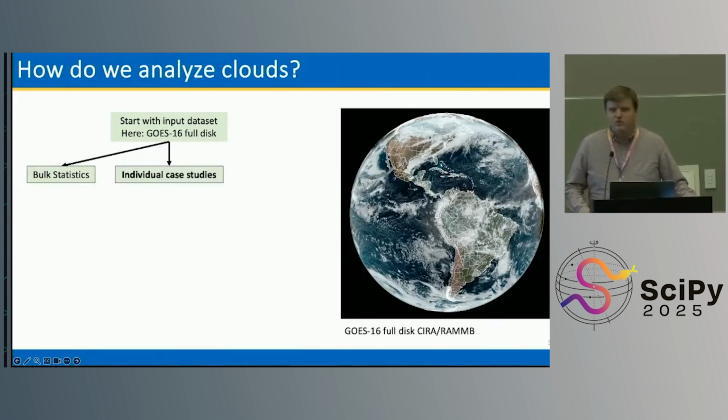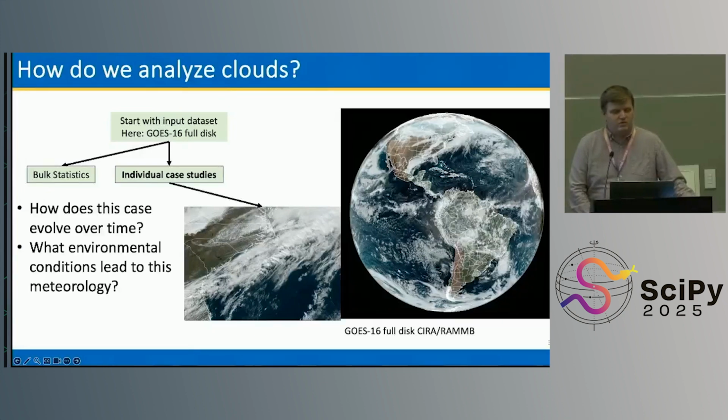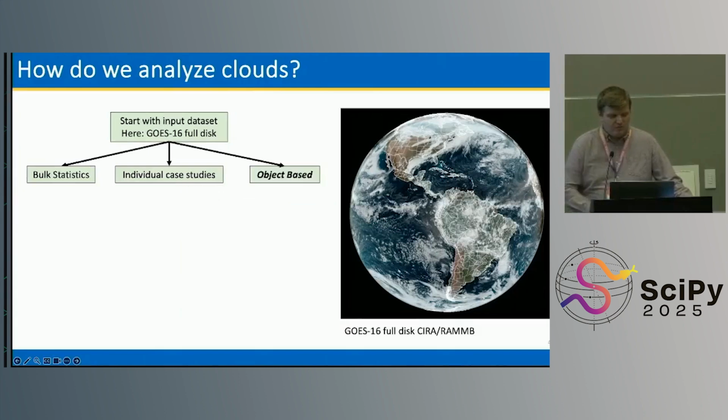We can also do things like individual case studies. If you watched the Twisters movie, that's what case studies are really all about in general, is going out, taking new observations, looking at a single system, a cloud, maybe a handful of clouds over a dedicated period of time. We use all of our instruments together. Usually you're adding in new instruments, and we're saying, how does this one case evolve over time? What environmental conditions led to this specific weather system existing at this specific time with these properties?